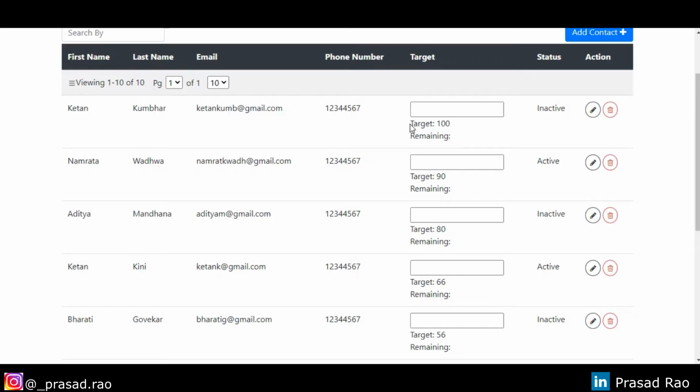So the ask here is if my target is 100 and I have completed 50, I'll enter 50 here. Then the remaining target balance should reflect here. There are two ways to go about it. A person who is new to Angular will create an Angular expression and directly write a function within it that returns the remaining balance. That is one way to go about it, but that is not the recommended way. You'll see in a while why writing functions within an Angular expression is not recommended, and the other way is creating a custom pipe.